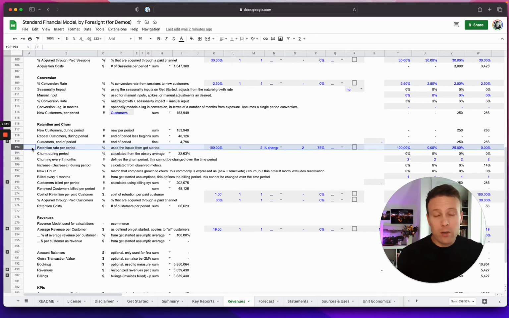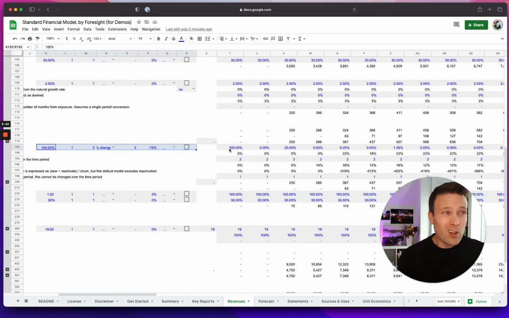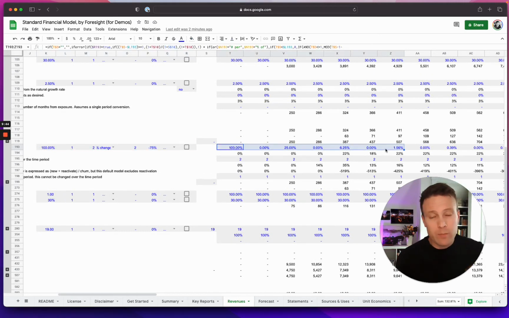Now, if you want to create your own methodology for that, you still can. Right? There are some pre-built methods here using the drivers, which I cover under the documentation for drivers. But this is also an input. So if you have a very specific customer repeat curve that you want to model in there, you can also just manually input it as well. And that will